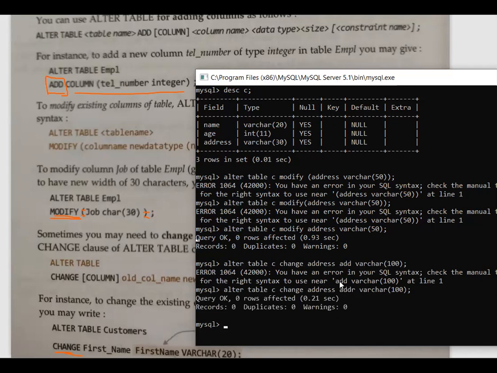Why was I getting an error when I was writing add? Anyone? Why was I getting an error when I was using ADD? No idea. You can see this over here.